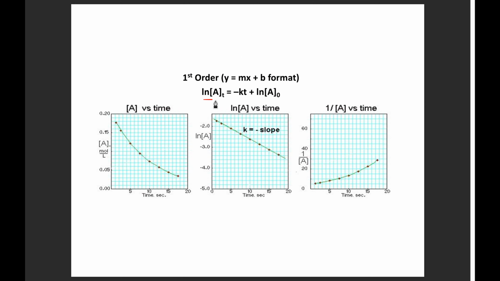So here is the first order y equals mx plus b equation. In this particular case, because this is a first order reaction, it's the first order graph that's going to give you a straight line instead of a curved line. So here's your log, your flipping. If we graph the same data points three different ways, we take the concentration, we take the log of that concentration, we flip the concentration versus time. If we make three different graphs with the same exact data points, whichever one gives us a straight line tells us what the order is. Okay, so in this case, since it's the log of the concentration, that tells us that it must be a